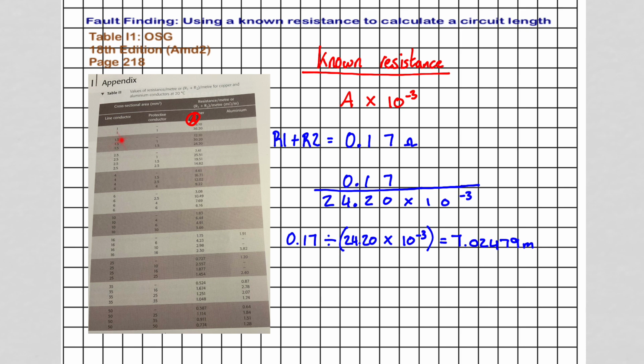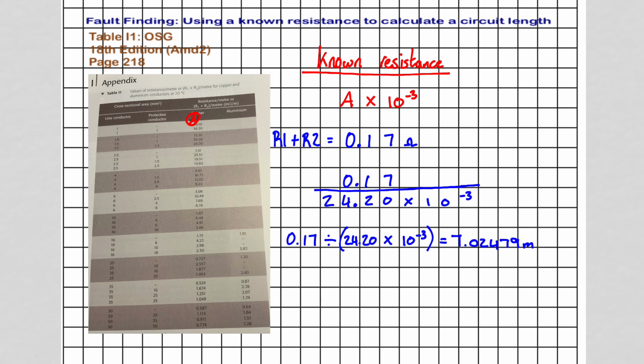And then we would use 1.5, because it's a 1.5 conductor, this top value, and we'd substitute that in for here. And so if we were getting 0.1 for the line conductor, we'd do 0.1 over 12.10 times 10 to the negative 3, and that will give us the approximate length of the R1 conductor. Well, not the approximate length, the exact length, providing it's all tight and no high impedance joints are in place. You then do the same with R2, and if that is significantly higher, then you know that that is where the fault lies,